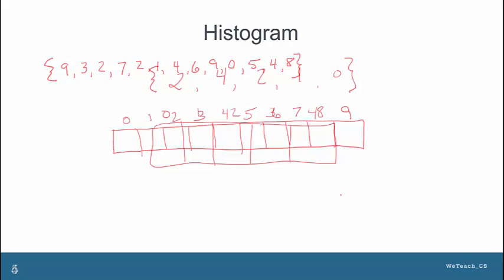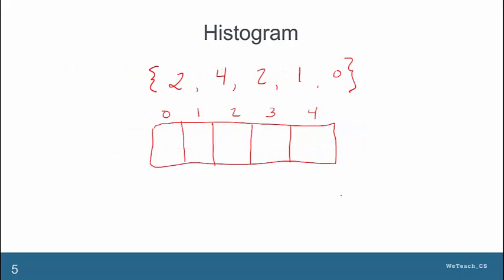Here is the array that is given in the practice problem. The values are 2, 4, 2, 1, and 0. Well, that means you need to have an array big enough to handle all of these values. The greatest value here is 4, so we need to be sure and have a position 4 available. So if we tally these, the 2 goes there, the 4 is tallied there, there's another 2, there's a 1, and a 0. The 3 position doesn't have a tally, which means no 3 was contained in the original data